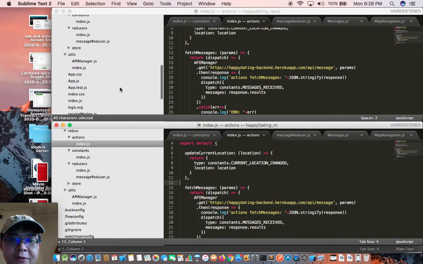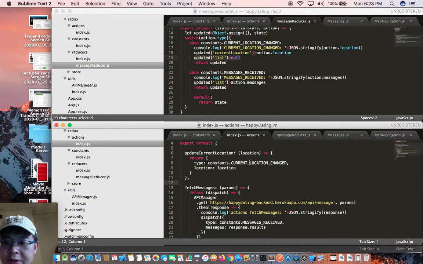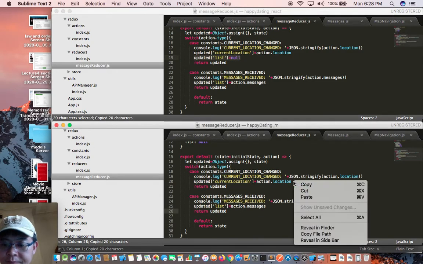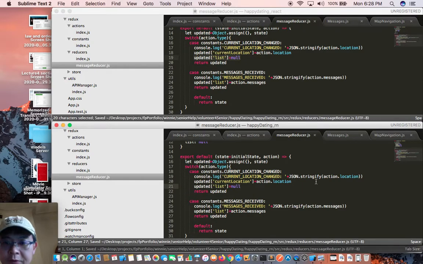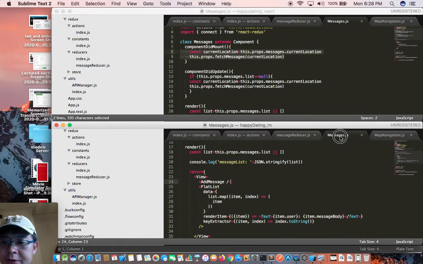And in the message reducer, we need this. List. Okay. We save this. And then in the messages component,